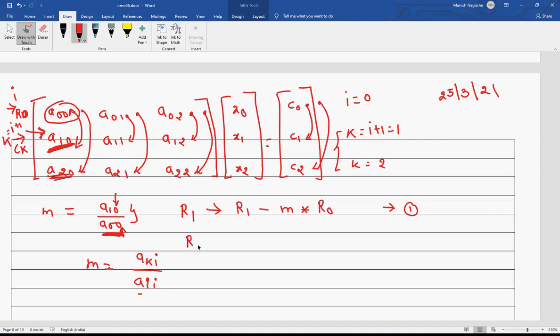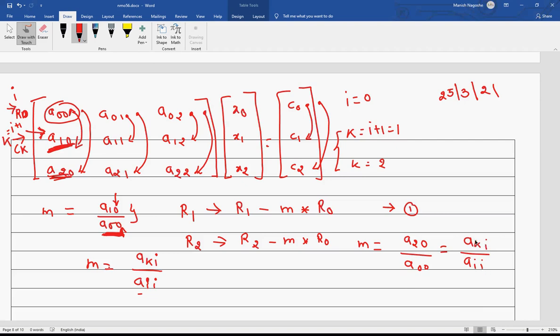When I need to perform the operation on row 2, row 2 will again be equal to row 2 minus m into R0. But here in this case, my m will be A20 upon A00. So it is always a diagonal element, and that is represented by AKI upon AII.